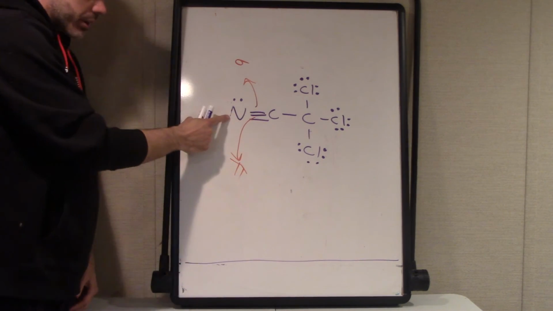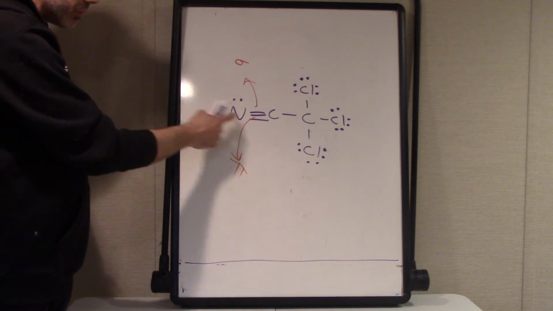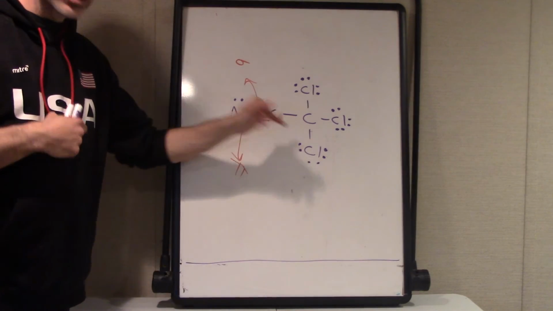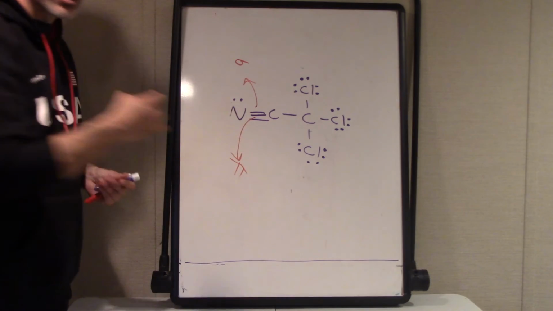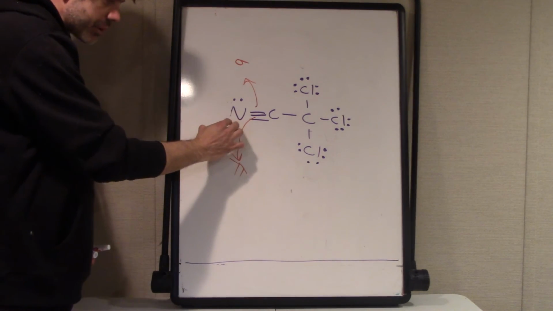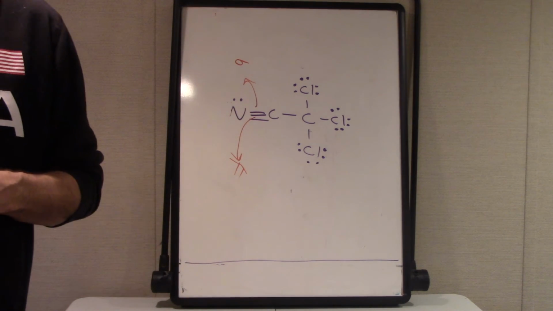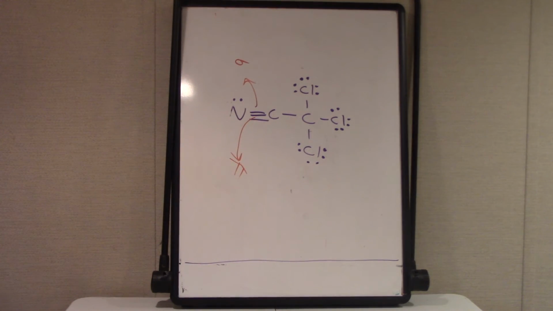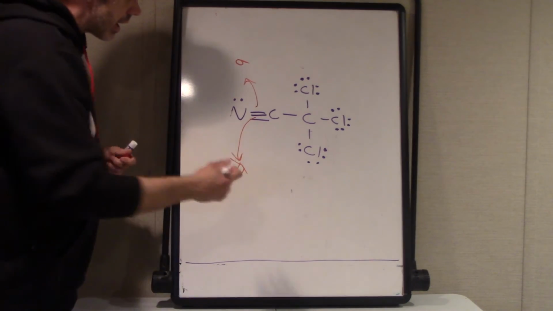So remember, this nitrogen is sp hybrid. That means I have two unhybridized p orbitals. This carbon was sp hybrid. That means two unhybridized p orbitals. These two pi bonds are going to come from the overlap of those unhybridized p orbitals on nitrogen with those unhybridized p orbitals on the carbon, and they're going to be localized. So now we dealt with those electrons. Now we can look at